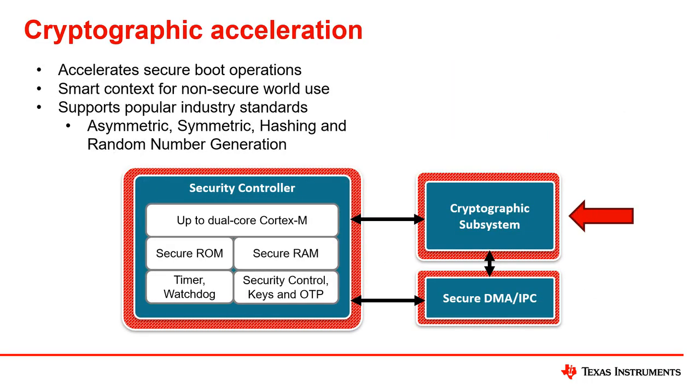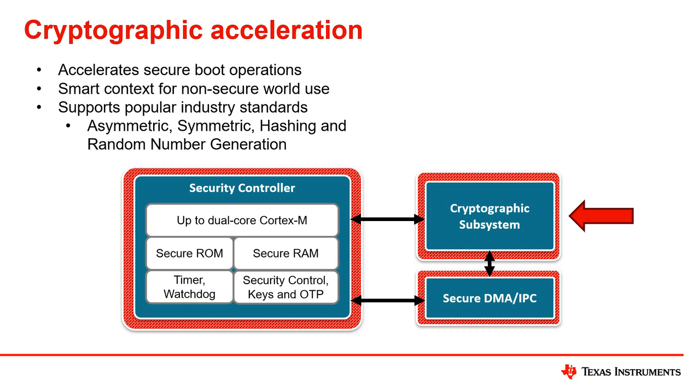The next one is cryptographic acceleration. Kind of mentioned this earlier. We have a cryptographic accelerator paired with the security controller as part of the security subsystem. And what this does is it simply accelerates cryptographic operations. This is particularly important for secure boot when you're using some of the smaller, less capable cores in the device, and these cores aren't as good at some of these large cryptographic algorithms. So a cryptographic accelerator is going to simply accelerate those, make them faster to speed up boot and enhance security.